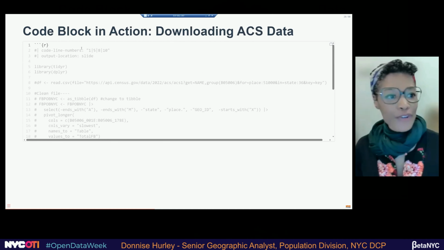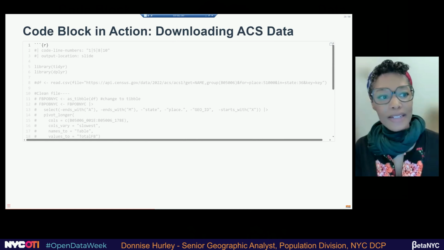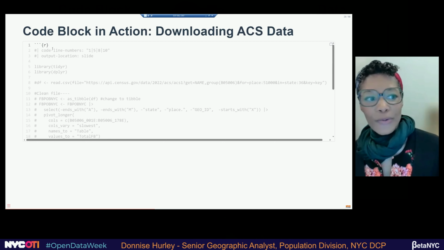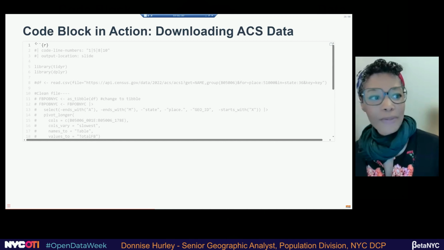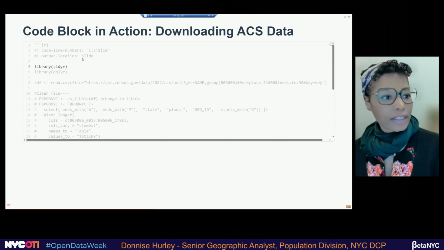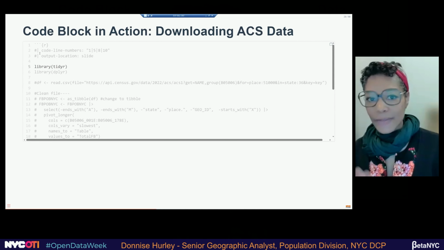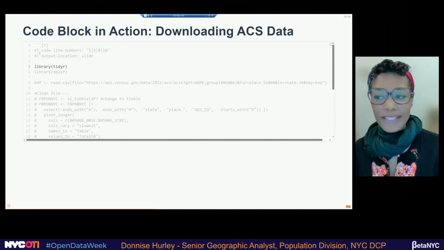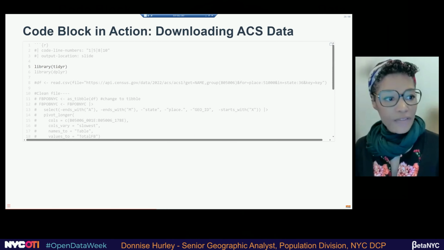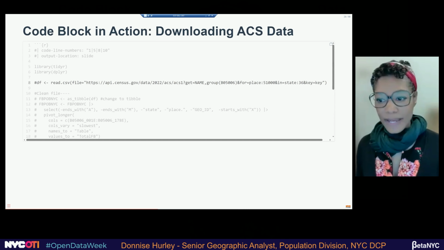So I'll walk you through how to download ACS data from the Census Bureau's website using the Census API. And the API is just a way that 2 computers talk to each other. So looking at this code block, how I have it set up, again, we see my 3 ticks and then my engine. And then I'll ignore the metadata because in this example, I'm just showing, put my output in the next slide. And then next in line 5, we see the library. So you can add all of your libraries here. And then this is my API code.